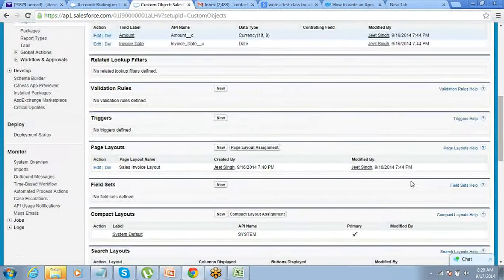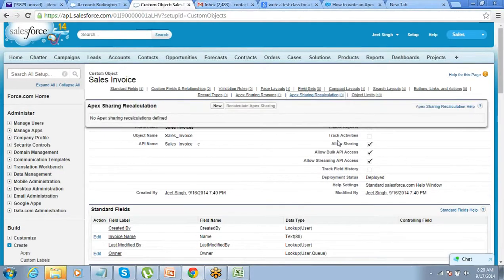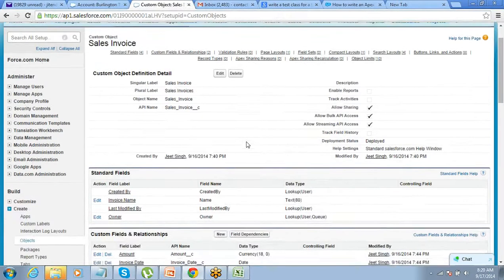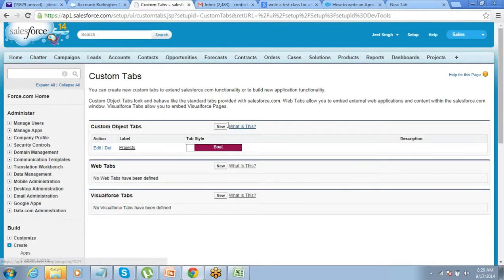As of now, I don't see any tab for this object, so I cannot access this object. I cannot enter data into this. I'm just able to create the fields and all those things. How do I put data into this? For putting the data into this, you have to go to setup, create tabs. Once you have created an object, then you will go and create a tab. Click on tabs. Click on new custom object tab. So you want to create a tab for custom objects. So let's click on new